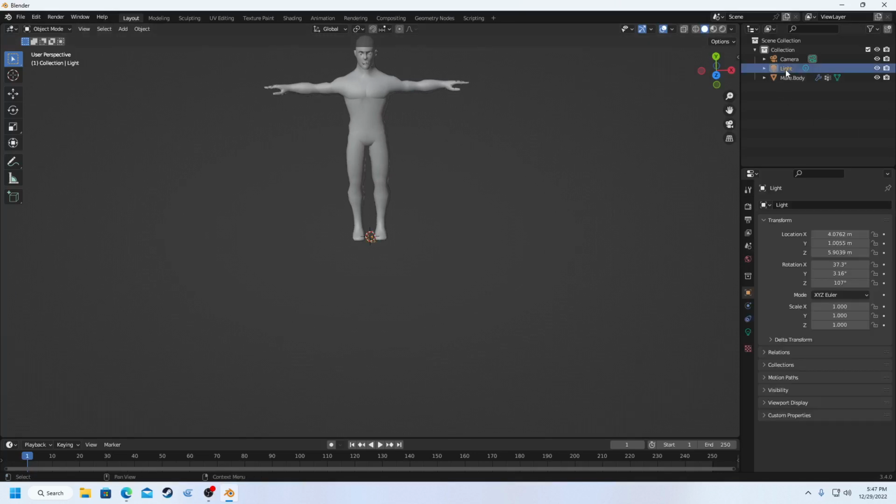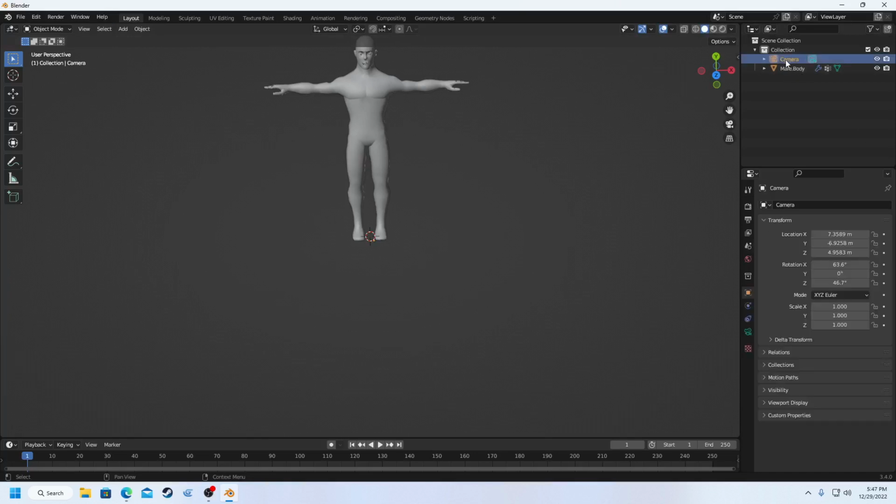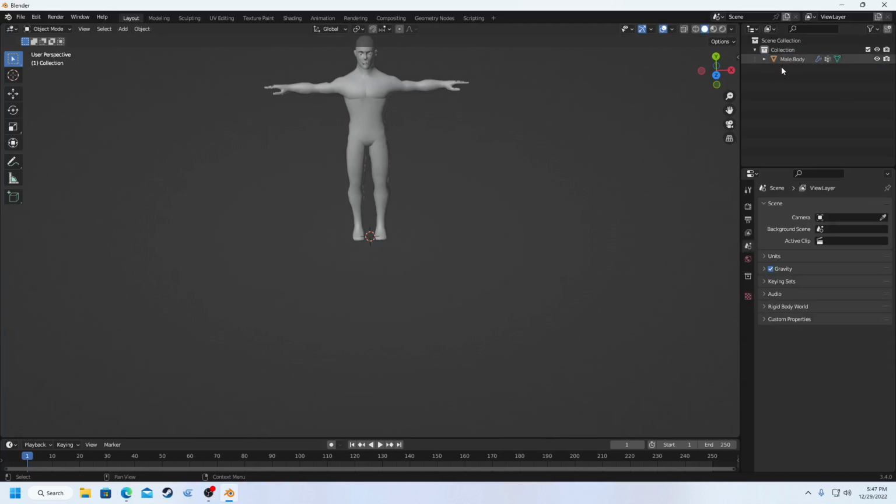So I also want to delete the light, and I want to delete the camera. All I want is the male body. So now what I want to do is select it. I've selected it by pressing the A button. That's going to allow me to assign materials to it, or subdivide it, or whatever. But what I want to do first here is go into sculpting,